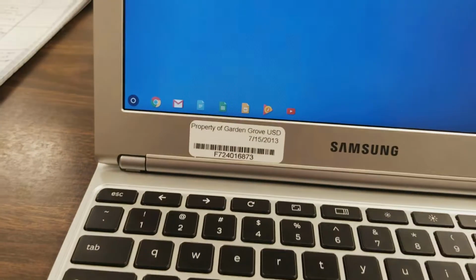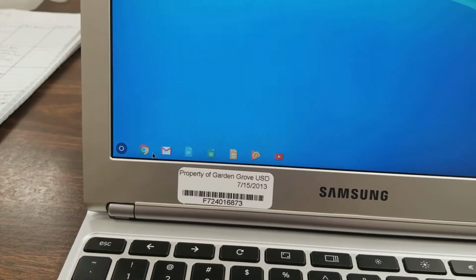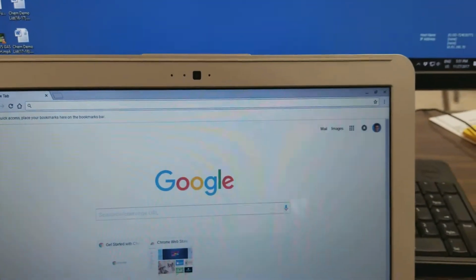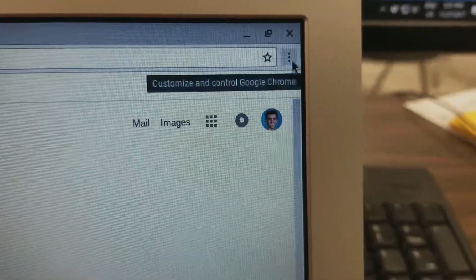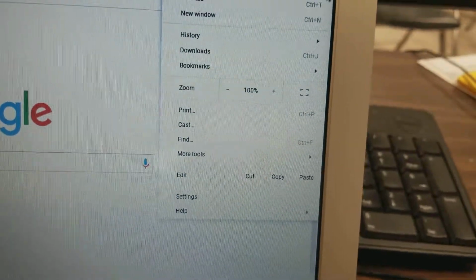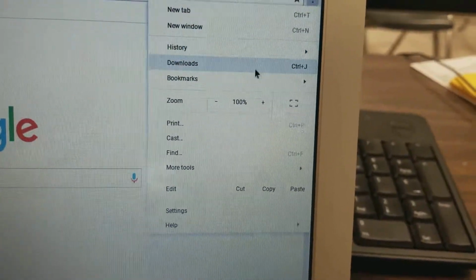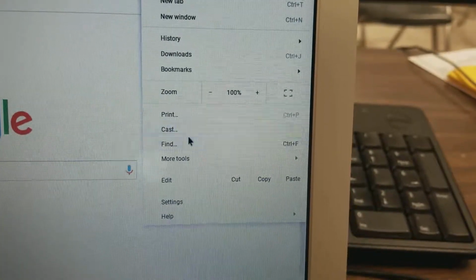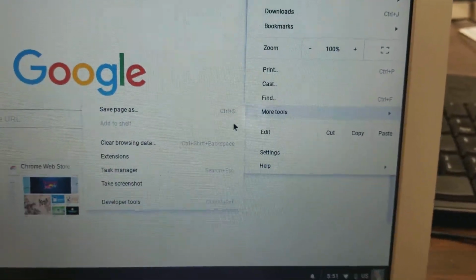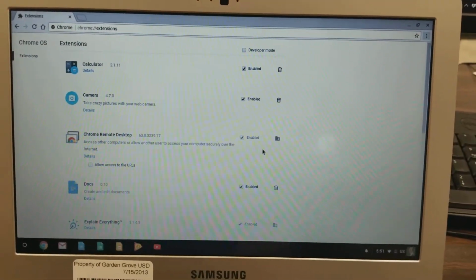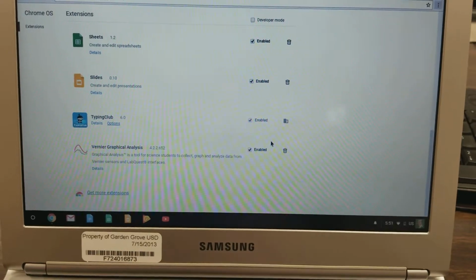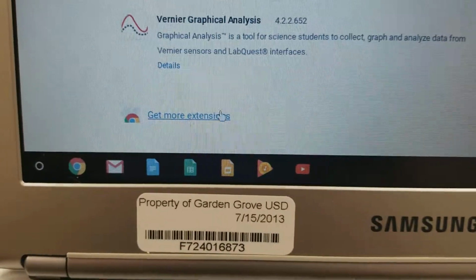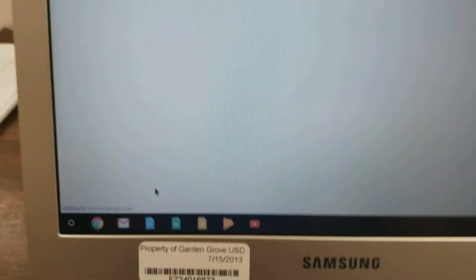I opened up the Chrome web browser, and then in doing that, that allows me to get to this portion of the window where I'm going to click on these three dots here and go find the thing that's going to allow me to add, which is More Tools, Extensions, and I see it's not installed yet, so I'll go down to the very bottom, down, down, down, and notice where it says Get More Extensions. So click on that,